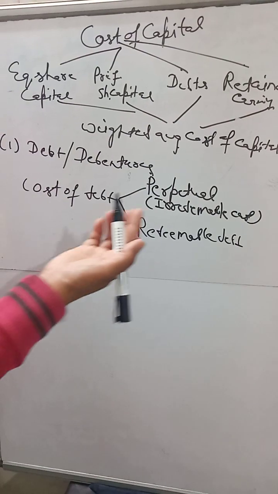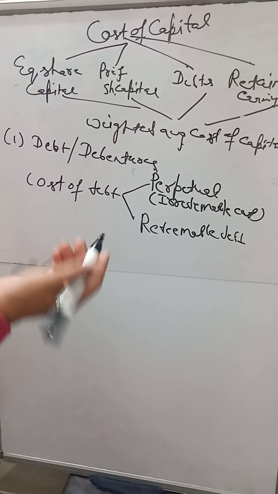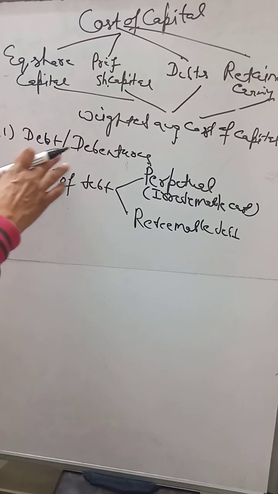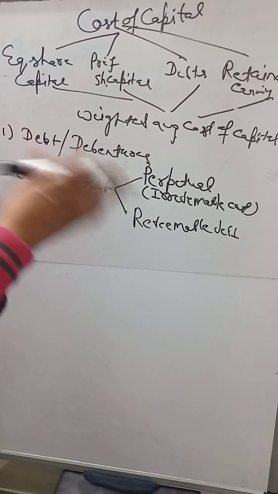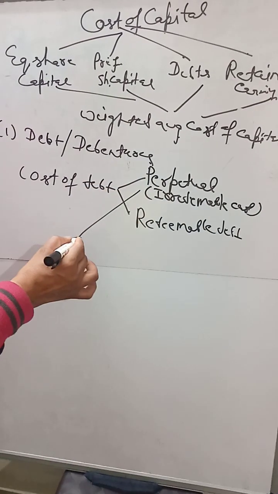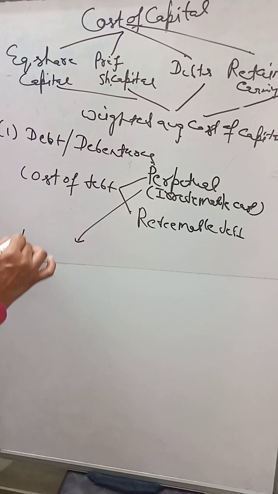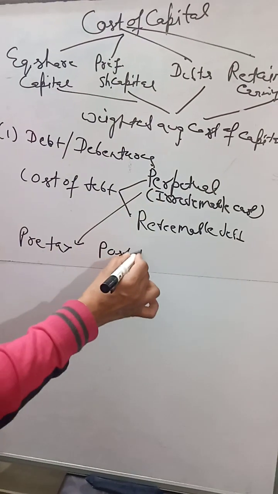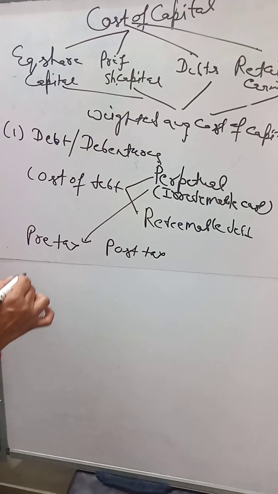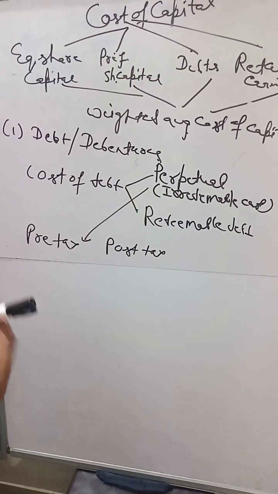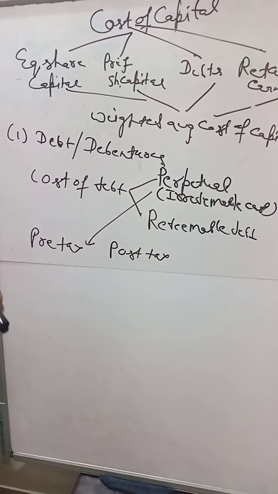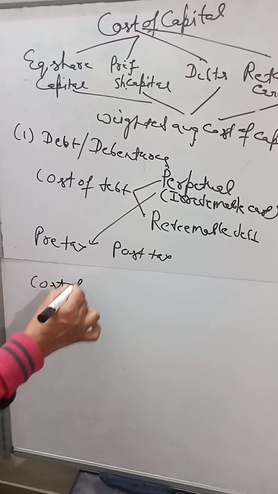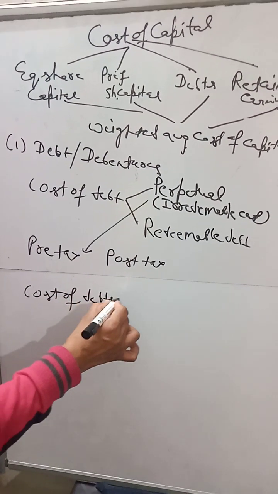Now how can we go with the irredeemable cost? Now we discussed before, regarding the debenture holder, that the company has to pay the interest, and there is a tax benefit also. It means there are two types of method where we can talk about the pre-tax and the post-tax. Now what are the methods or formulas which we can use to calculate the cost of debt before tax? Now the first formula for calculating the cost of debt is equal to interest upon principal.